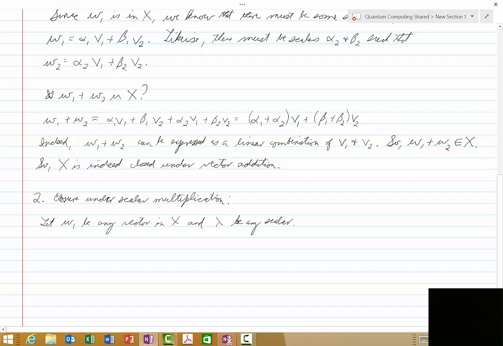And so we ask then, is lambda W1 in X? Well, W1 is in X